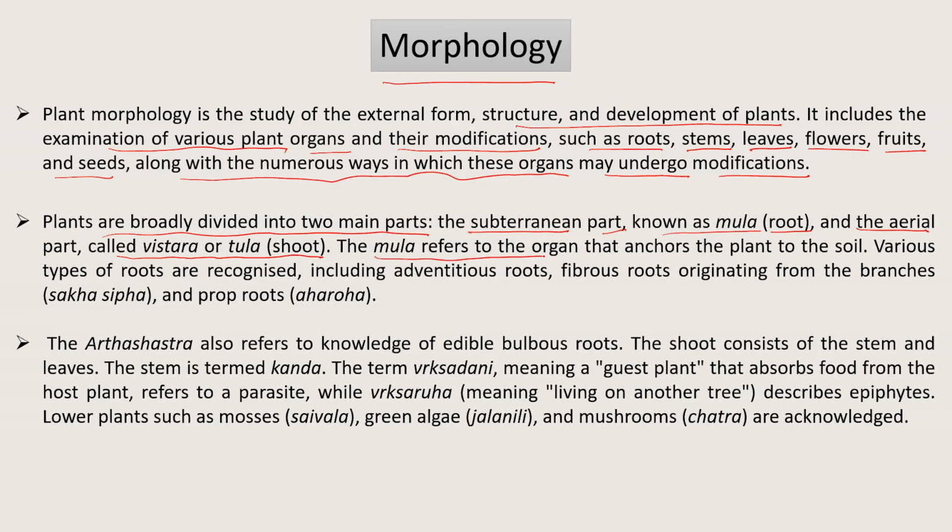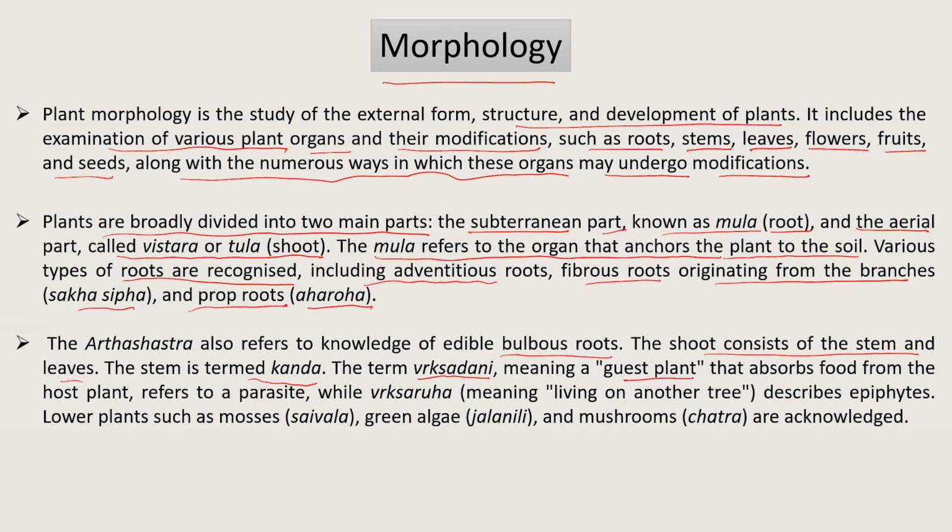The mool refers to the organ that anchors the plant to the soil. Various types of roots are recognized, including adventitious roots, fibrous roots originating from the branches, shakha, sipaha and prop roots, anaroha. The Arthashastra also refers to knowledge of edible bulbous roots. The shoot consists of the stem and leaves. The stem is termed kand,